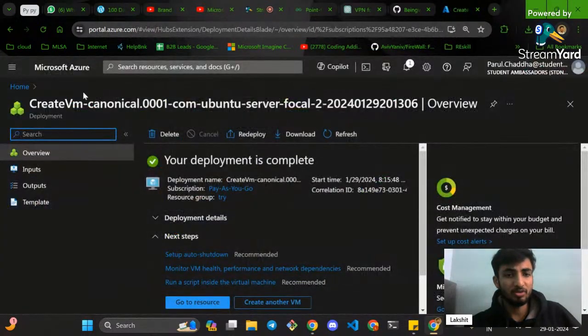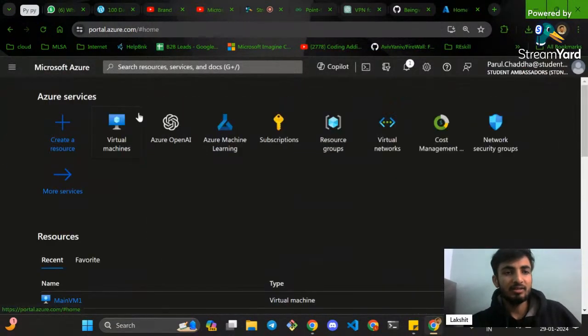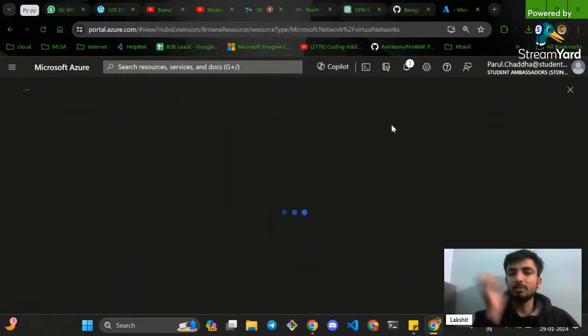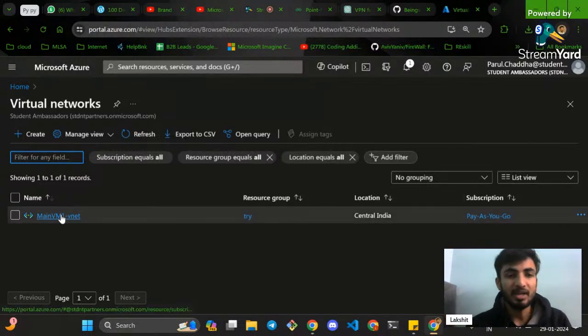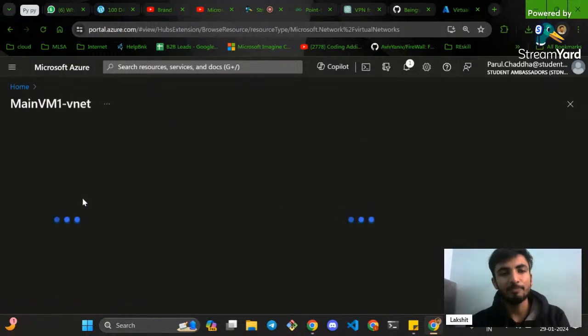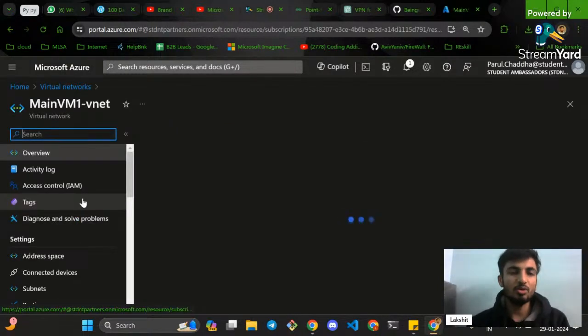Now let's go to the virtual machine, right? And let's go to the virtual network first. Virtual networks, because we have to set up the network connection between our client and the organization leader, the virtual machine administrator, and our colleague. So this new intern who has newly joined, we have to give access to this new intern so that he can log in from his system, right? So all you do is go to your virtual network.